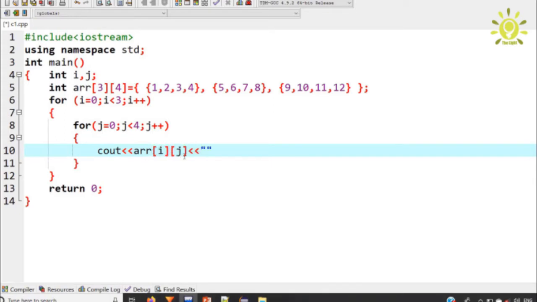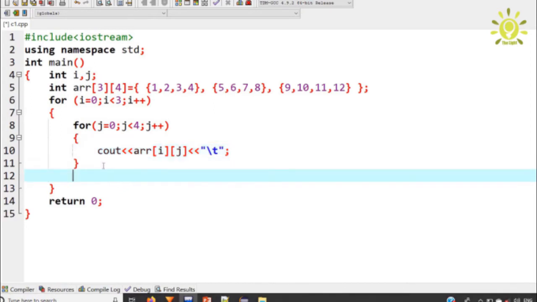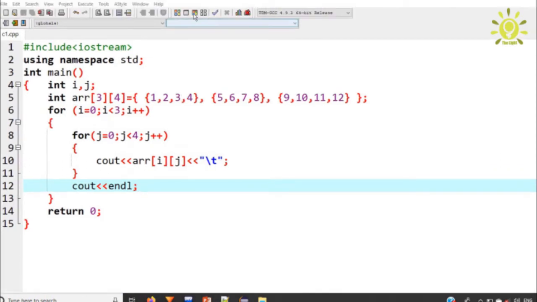Within double quotes type \t, which is basically used for a tab, and then terminate this. Now come out of the inner loop and display cout endl. Save this program and click on execute, compile and run. That will compile and run my program.